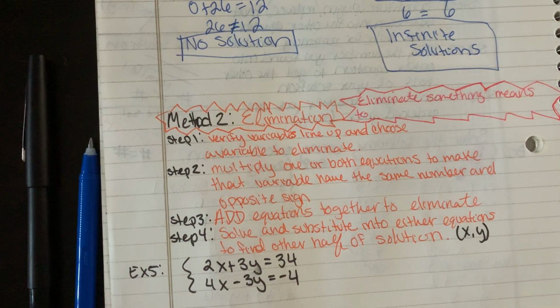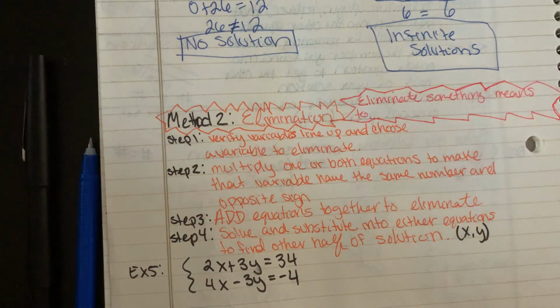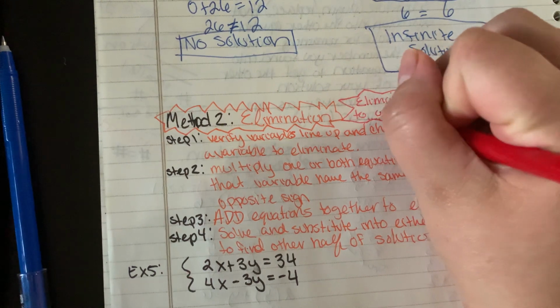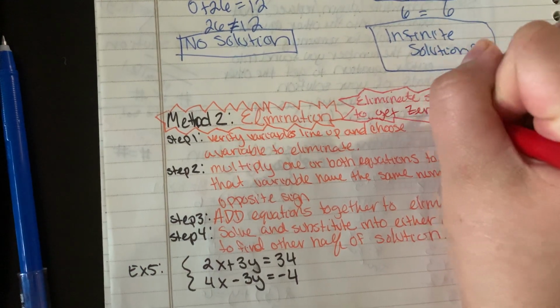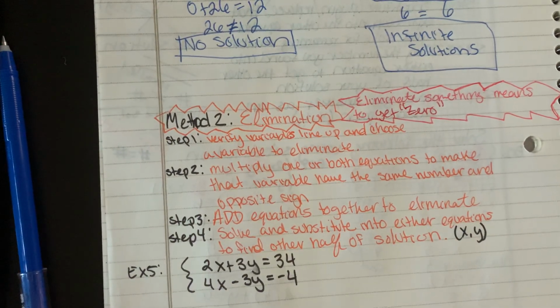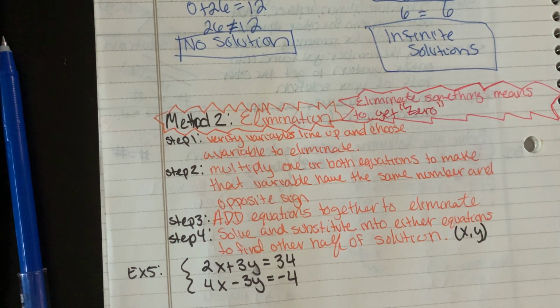Elimination. When we eliminate something, it means to get 0, right? So technically you want the number 0. If I tell you you have $5, how do you eliminate that? Well, you go and spend the exact same amount, right? So 5. So for this type of method,